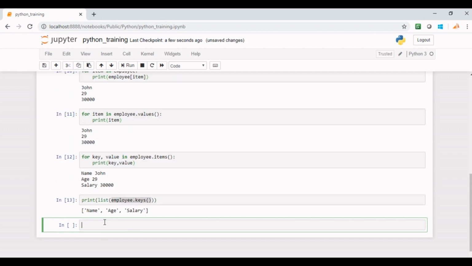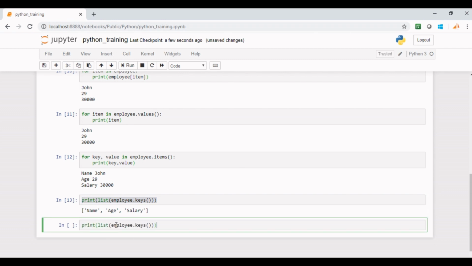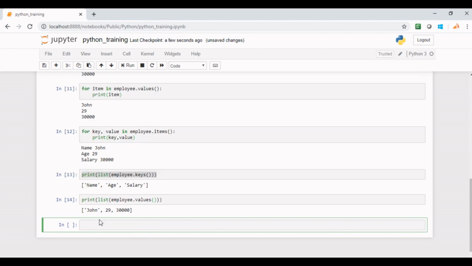If I run this code, we get all the keys in a list. Similarly, we can get all the values using dot values method, which is obvious. That's all about how you can access keys or values of a dictionary separately or together.